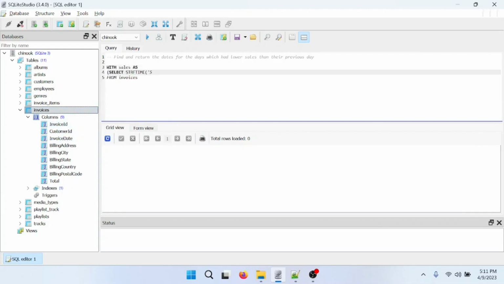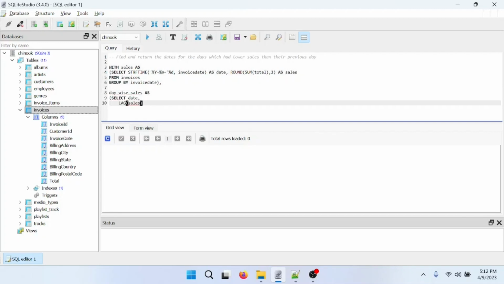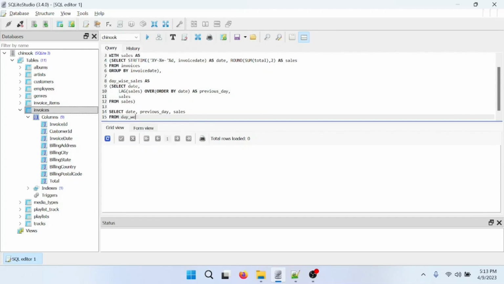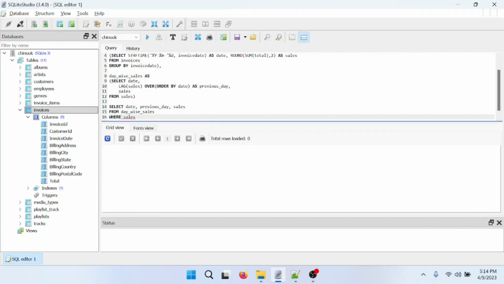Again we'll use the year month date format, invoice date as date, round total as sales from invoices grouped by invoice date. Then we need day by sales including previous day. So we'll use select date, previous day, simply sales from sales. Now the final statement, we will want date, previous day, current day sales from day by sales where sales less